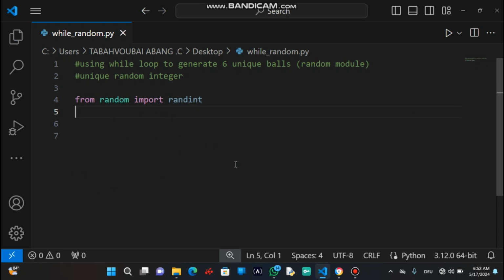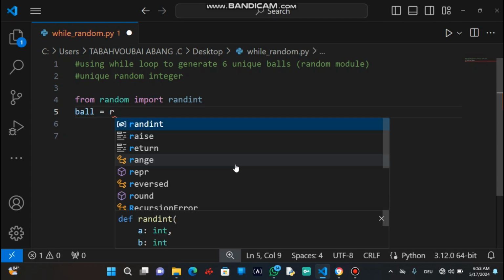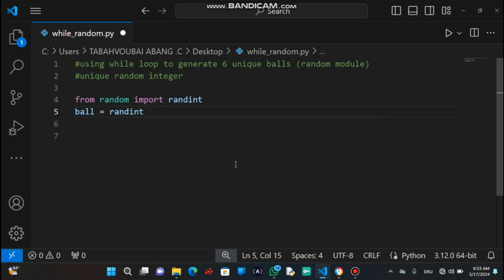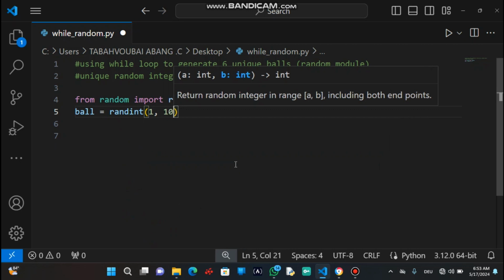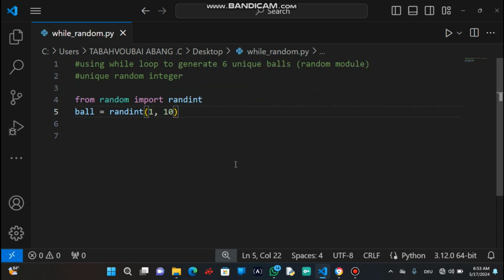So let's create a variable of balls, and here you can say that you want to generate random balls in the interval, let's say from 1 to 10, inclusive.